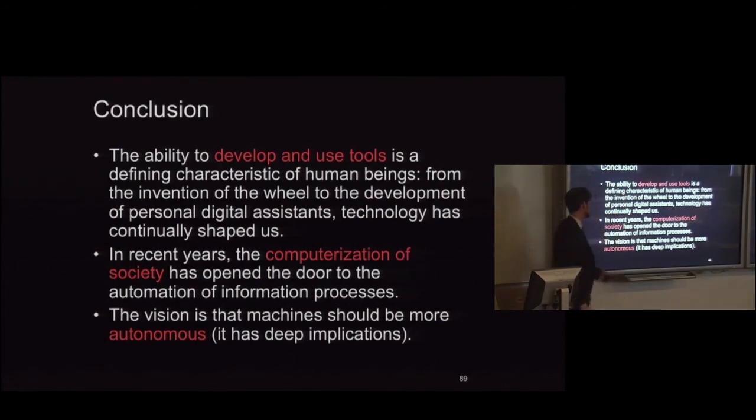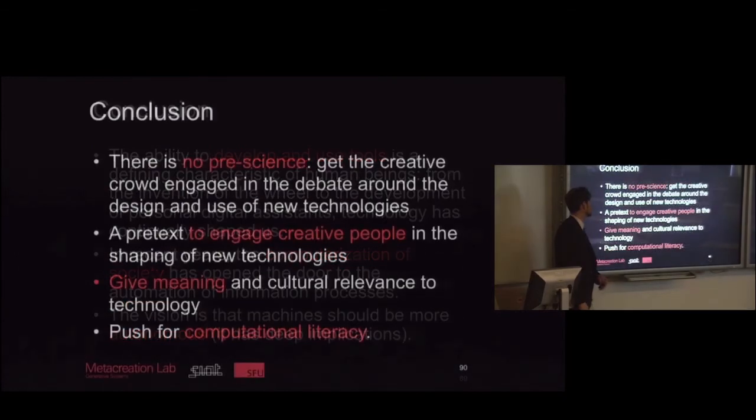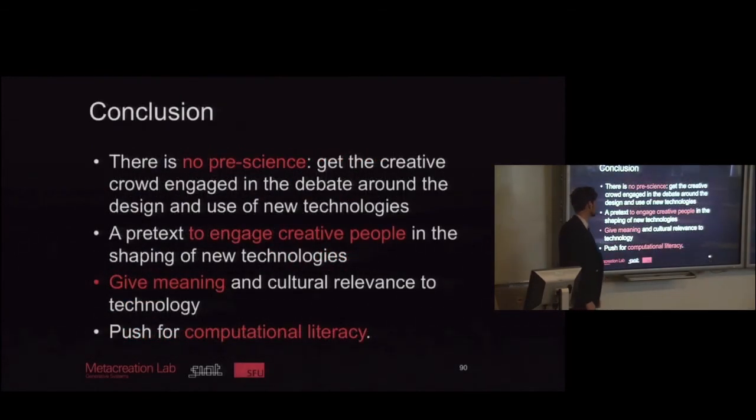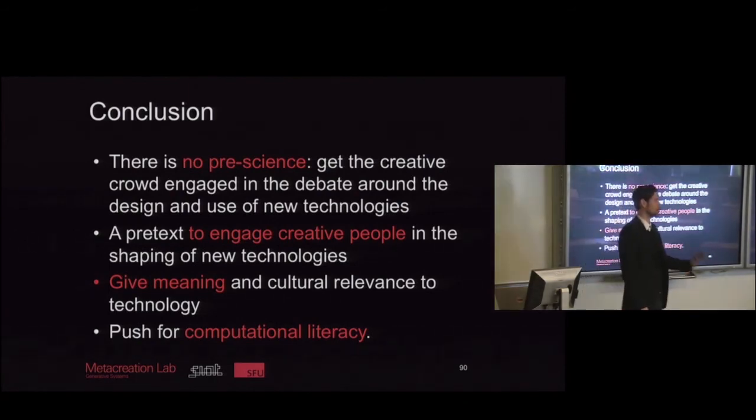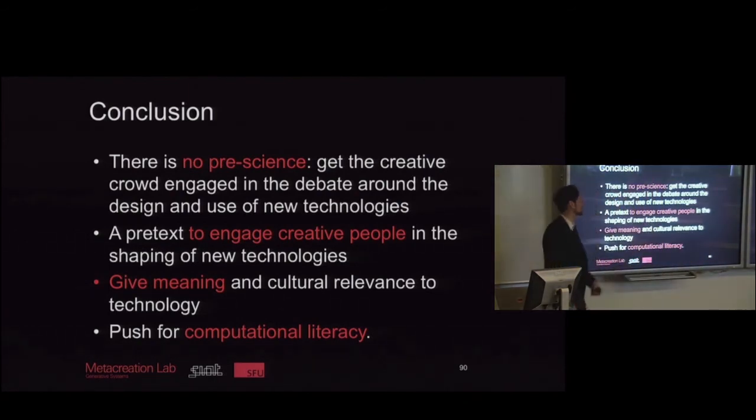And so the vision here is that we should get machines that are more autonomous and get them to work for us. And because there is no prescience, the way we do that, AI started with military applications, mostly. And now it's important that it trickles down to creative applications and to the creative tasks that were defined earlier on. And so in a way, for me at least, and at SIAT, the School of Interactive Arts and Technology, where we mix art, design, and science, it's really a vision to try to engage creative people in the shaping of new technology, give meaning and cultural relevance to technology, and push for computational